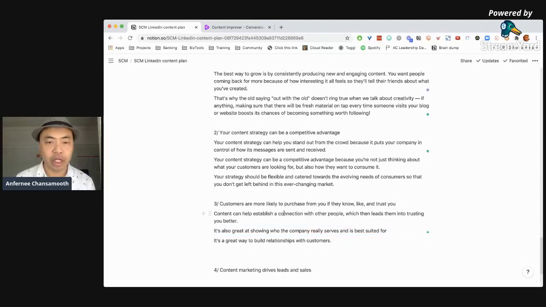That's not useful. But you can edit out things that don't make sense, because really we're using it to speed up the thinking process. Okay, so content can help establish connection with people, which leads them to trusting you better. It's also great showing what your values are, who you serve best,